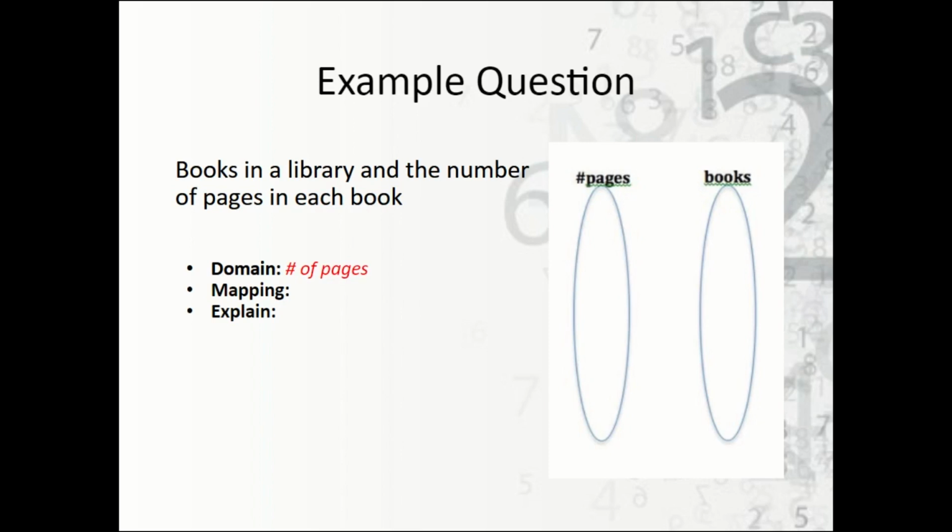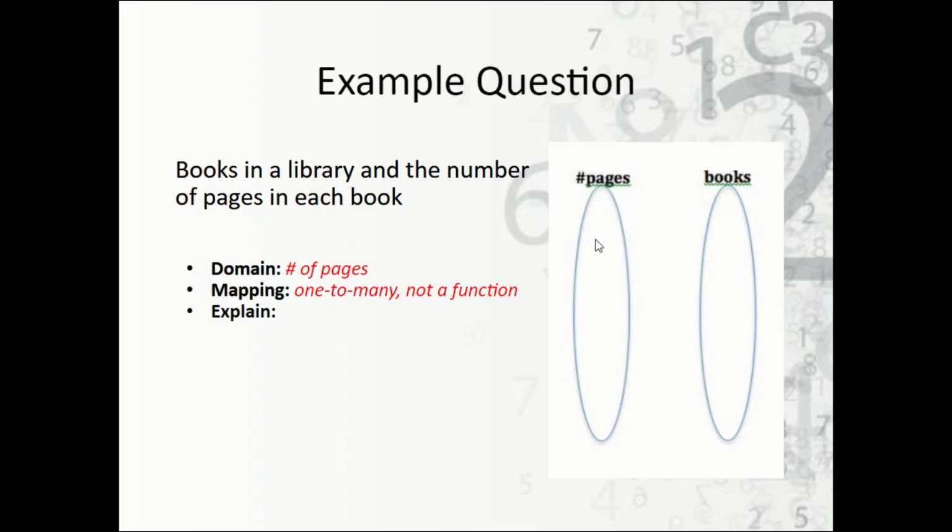The mapping, now we need to decide. So the question is, is it possible for multiple books to have the same number of pages? Well, yeah, we can have 2 books with the same number of pages. Is it possible, though, for a certain number of pages to belong to different books? Well, yes. So this becomes a one-to-many scenario, and we know that one to many means that it is not